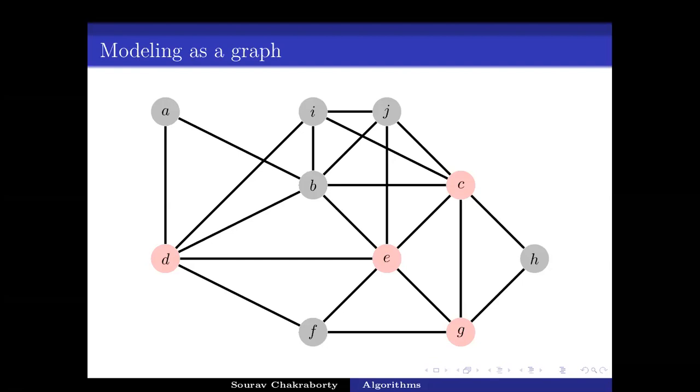Now note that given any location, say location J, it is within 1 kilometer of both tower C and tower E. The company wants to see whether it is really necessary to install both these towers C and E. Instead of putting two towers, can they reduce it to only one tower and thus reduce the cost?